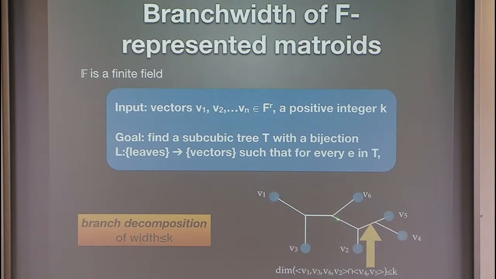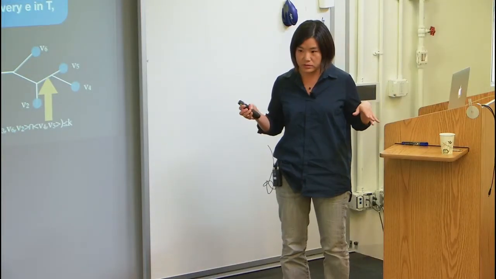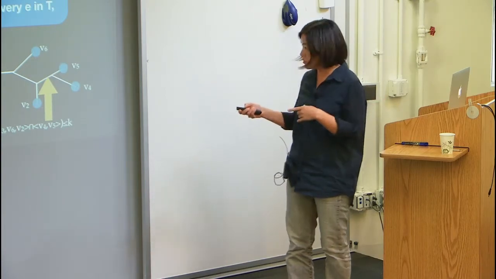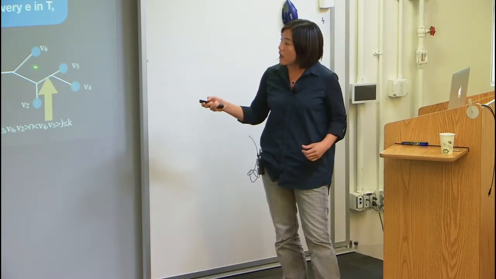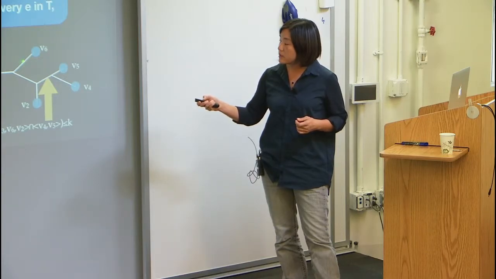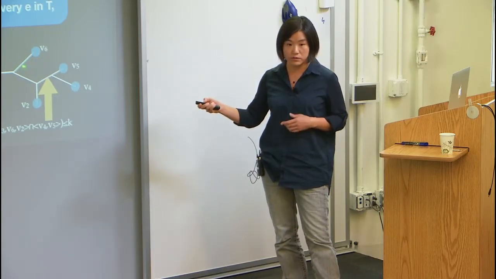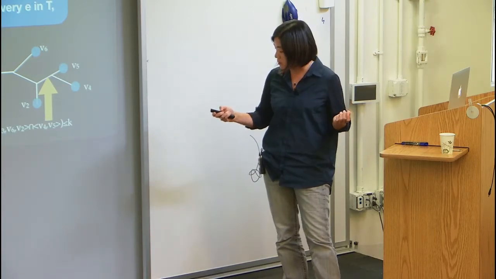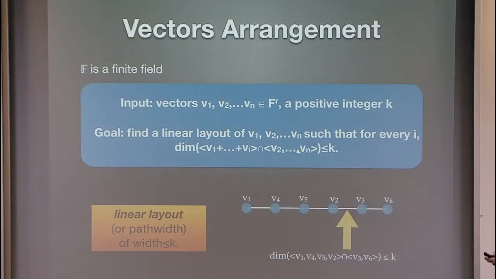So here we want to find a kind of partition of the vectors. You can consider them as elements of the matroid, but let's just talk about vectors. That's much easier. So you want to have a partition of the vectors and represent the partition in a hierarchical way using this tree structure. And every partition represented by an edge of the tree, you want this partition to have small order in the sense that this